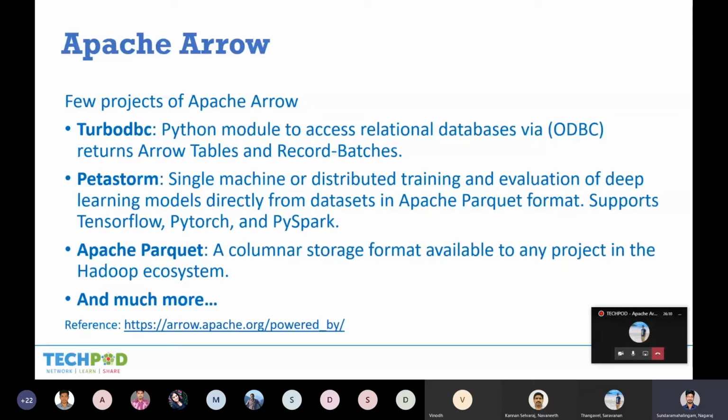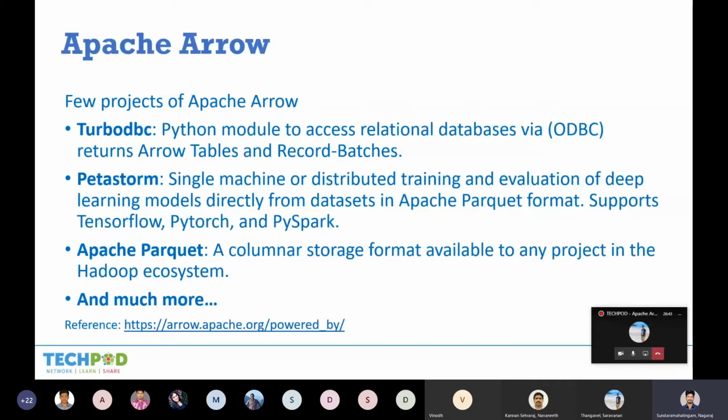You can use the same ODBC connection in the Turbo ODBC library, but Turbo ODBC reads data column by column. So it reads faster and it performs faster. We will see that. And other projects like Petastorm. It's another project of Apache Arrow. It supports machine learning and deep learning datasets of Apache Parquet format.